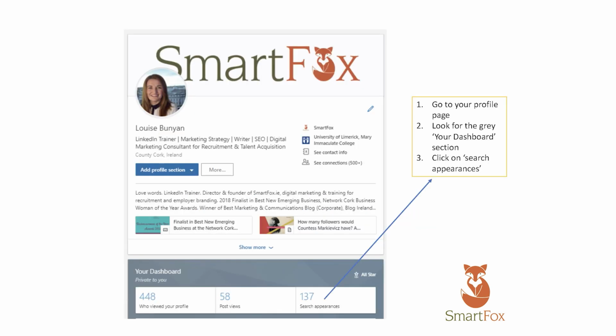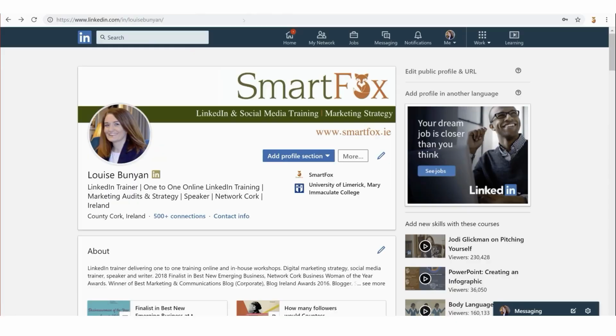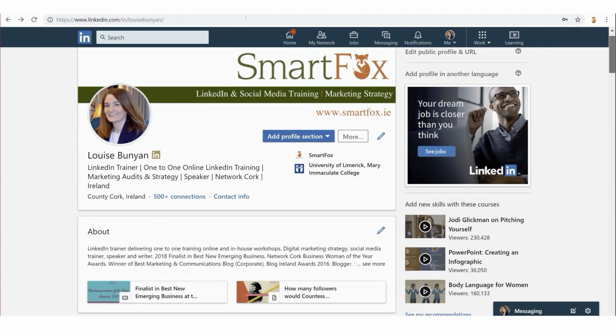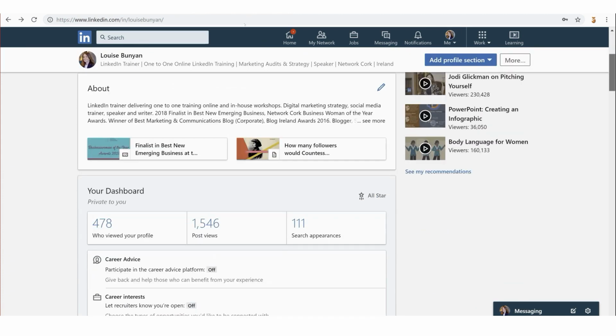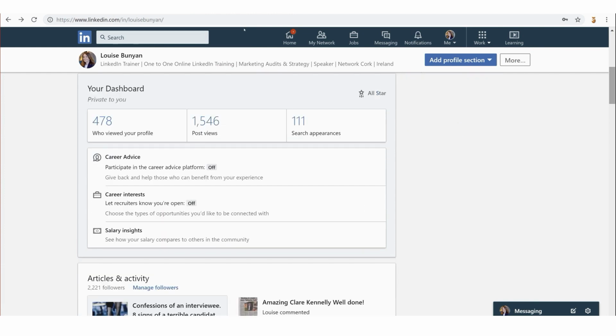And then another way is to use the dashboard. LinkedIn will give you a lot of your keywords in the dashboard. So in your LinkedIn profile, we are going to scroll down and you're looking for this grey box called your dashboard. What we're looking for is the third section here, and it says search appearances, and there'll be a number in there.